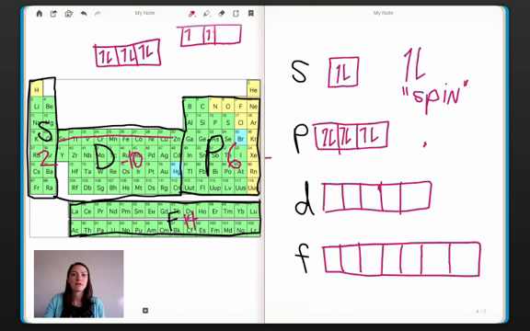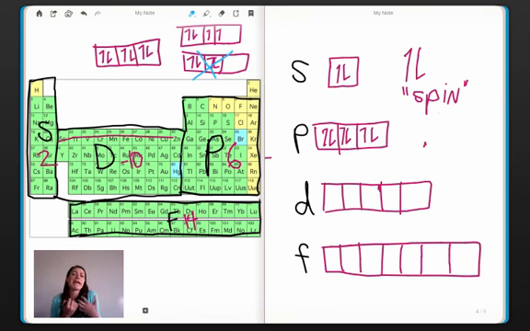1, 2, 3, 4. Okay, so 1, 2, 3, 4. You would not, so I'm drawing a bad example right now, so write bad next to it. You would not do this, because then, let me switch colors. You do not do this. Bad. Okay, then what happens is that you have this empty orbital, and then you have electrons that are just